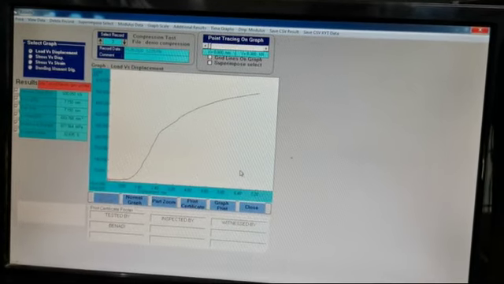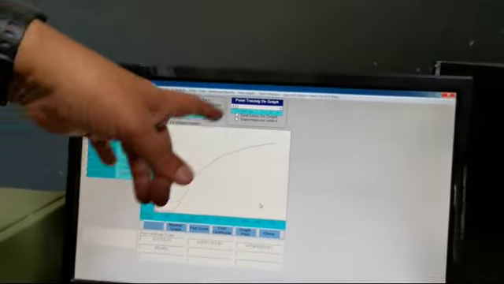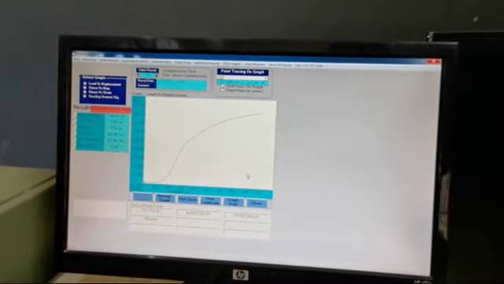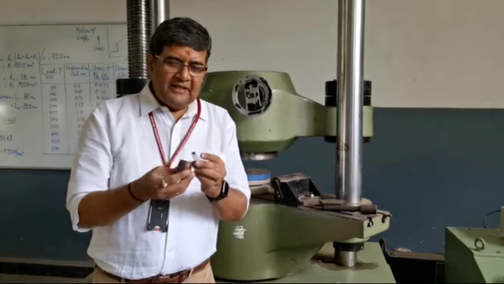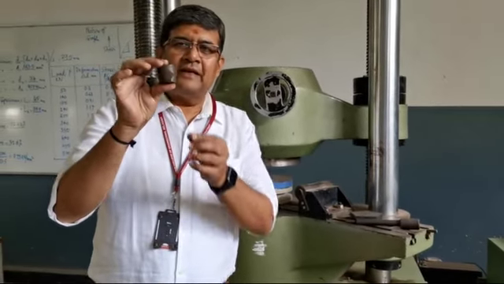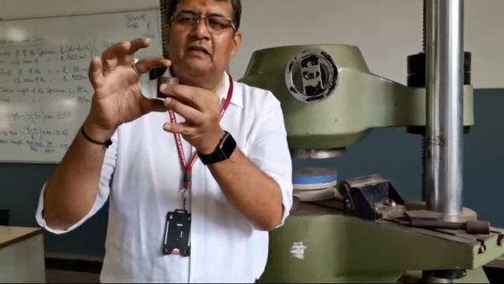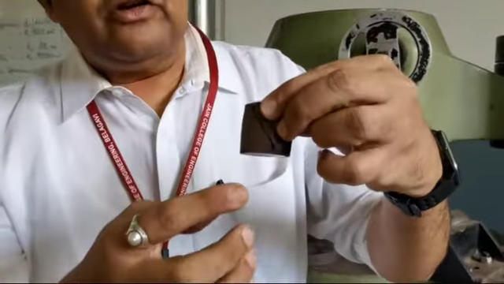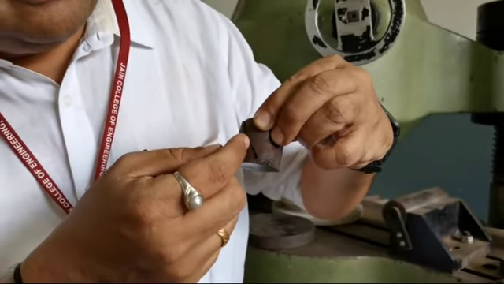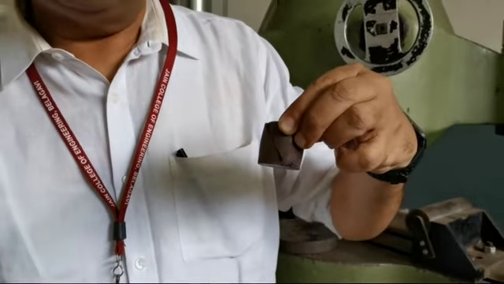So once the specimen fails, when we see the graph which has been plotted, you will see that this graph is very similar to the graph which I had drawn on the board. That is, it goes and it fails suddenly. So you can see that after the conduction of the experiment, this is how the specimen looks. It is bulged at the center. There is an increase in the cross-sectional area, and there will be a decrease in the length. You can also see the way it has cracked. There is a crack which can be seen, and as I mentioned, normally the plane of crack will be at an angle of 45 degrees.